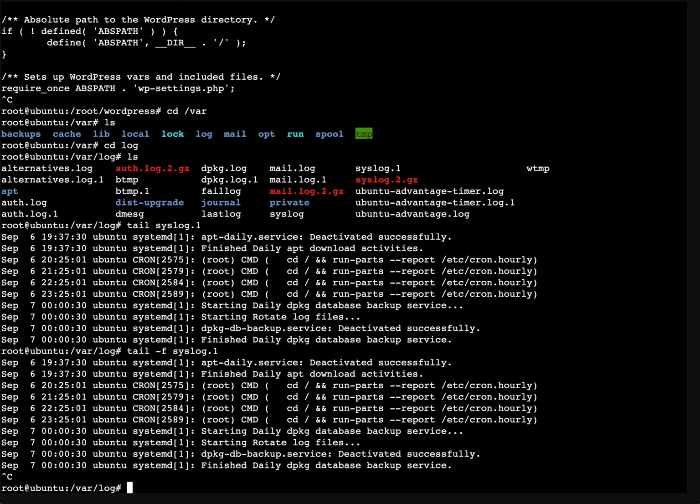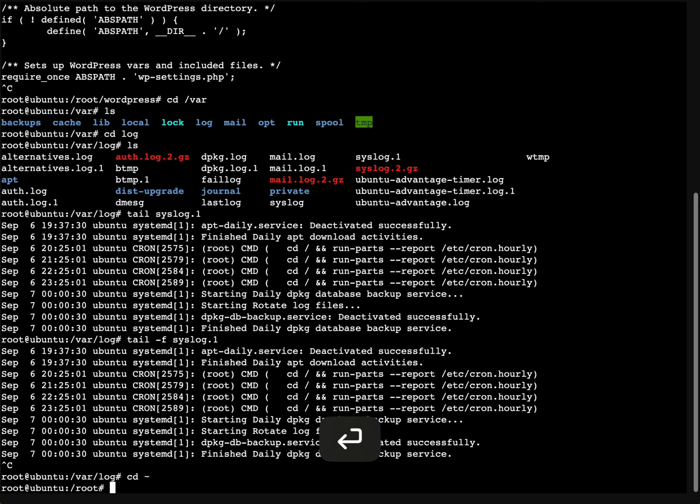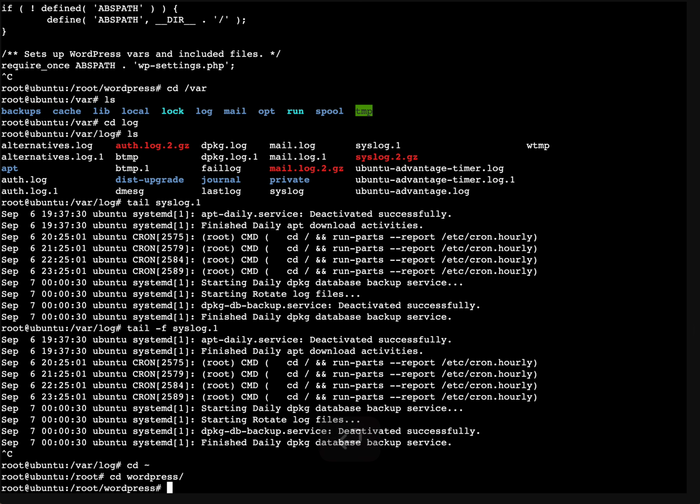Okay, we also can, of course, use it with grep. So let's go back to the tilde, to the root folder, then cd WordPress, and using tail with grep. So tail, for example, wp-config-sample, and then